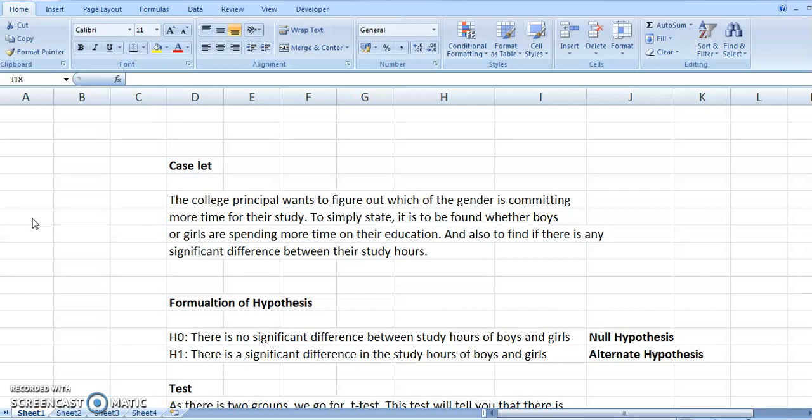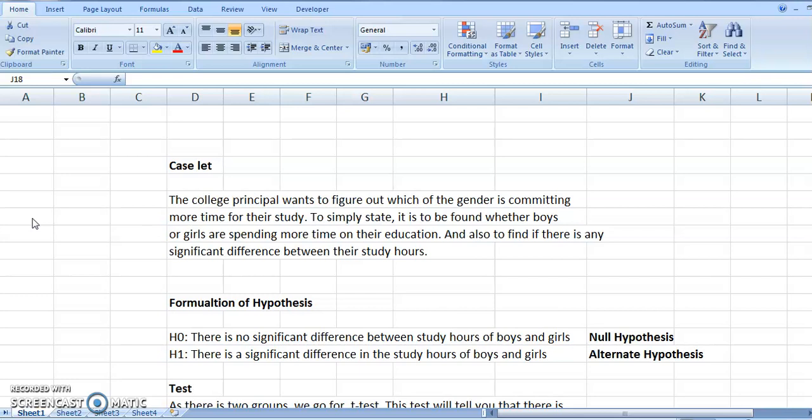So the problem is, we wanted to find which of the genders is more serious towards the studies. This is a long-standing question and it has always been there. For many years they look into the marks in the SSLC and in the PU and say that girls have performed well, boys have outperformed girls this time, etc. So the same typical example I have been taking in order to explain how the hypothesis is formulated.